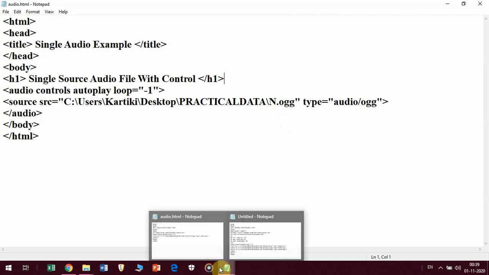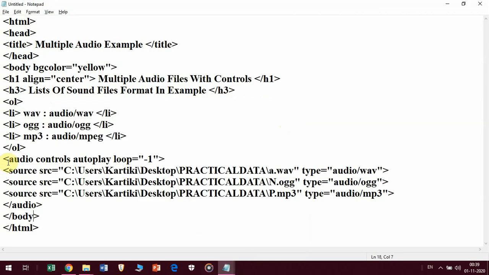But here, into this single audio tag, here you are opening the audio tag, here you are closing it, and in between you have added three types of files. Which three types? First is WAV, second is OGG, and third is MP3. So into a single audio tag you have added three different types of audio files.